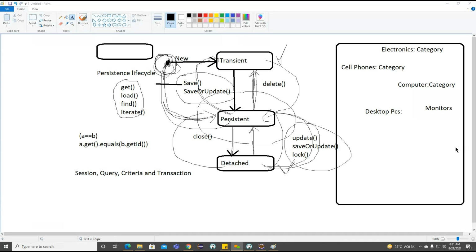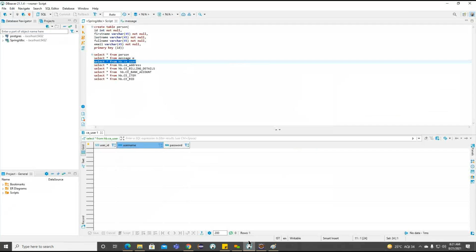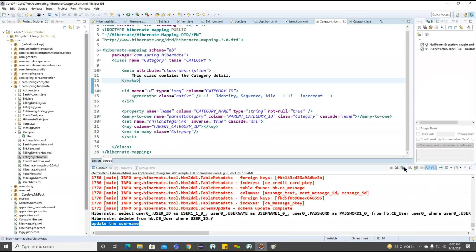So we'll try to understand regarding these particular categories, how exactly it's going to work internally. Now you can see, some are transient objects, some are persistent objects, and some are detached. So we'll try to find out the detached object information here. We created the table. Now I want to connect our application with the help of this particular category. So first, I will try to create the category here. So first we are creating the basic table. I think we have not created it as of now.